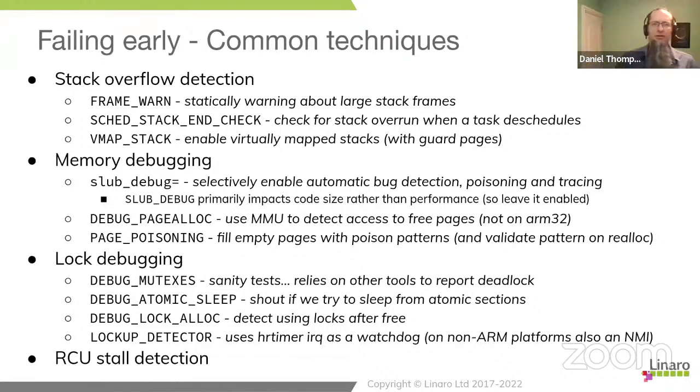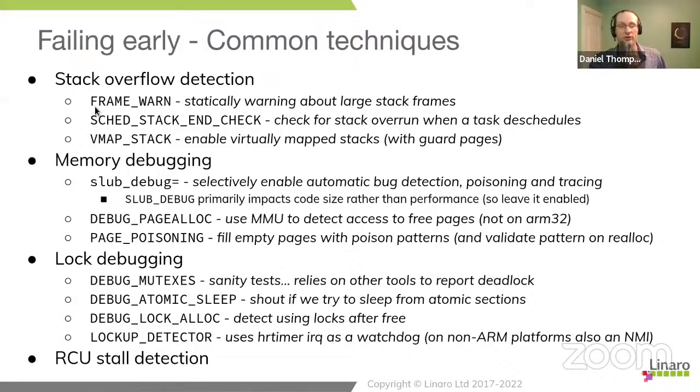So first off, stack overflow detection. This is a common thing we want to do to make sure the stack has not overflowed. Debugging stack overflows is tremendously difficult, especially on 32-bit ARM systems. And so we want to make sure that the kernel stack does not get overflowed. Kernel stacks are actually very small as well. They're between 4 and 8K. If you allocate big arrays on the stack, your system will fail. So there are techniques that we can apply to try and spot when we have problems with stack overflow.